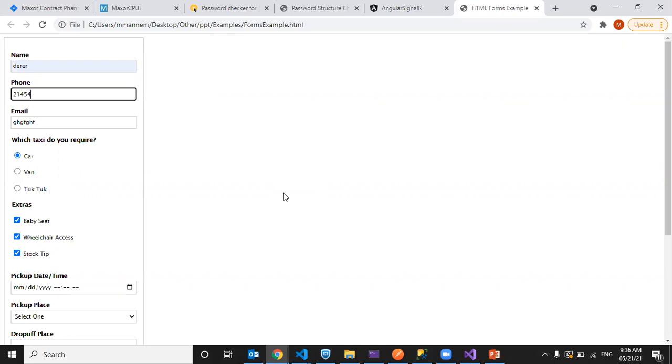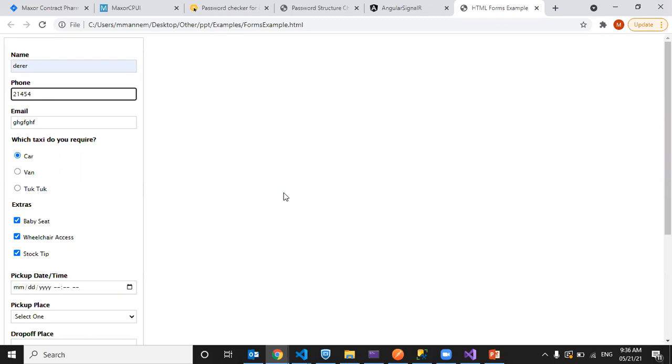So on clicking a button, or while designing the form itself, we can set what properties are required, what properties are not required, what type of data we are expecting, like that. So we can set those validations at client side. We can check on clicking the button itself without submitting back to the server. We call them client side validations and server side validations. Depending upon the requirement, we use client side validations or server side validations.